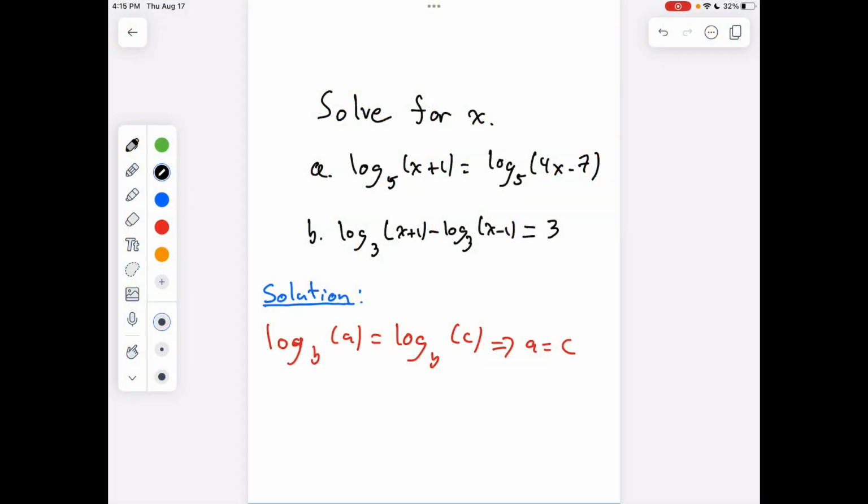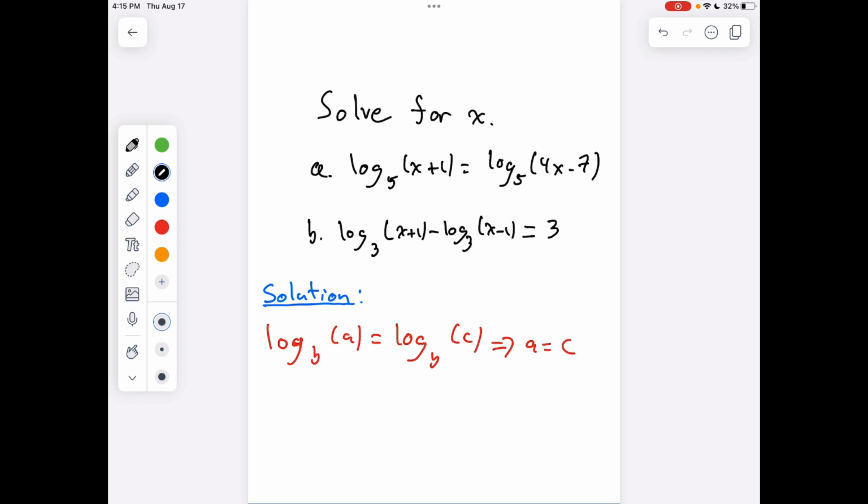All right, hello everyone. Today we are working with logarithmic equations. We have two equations here, like two different scenarios. So the first equation, part A, is going to be using this property that I have written in red here,